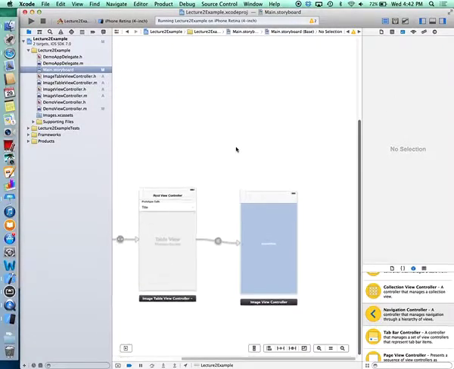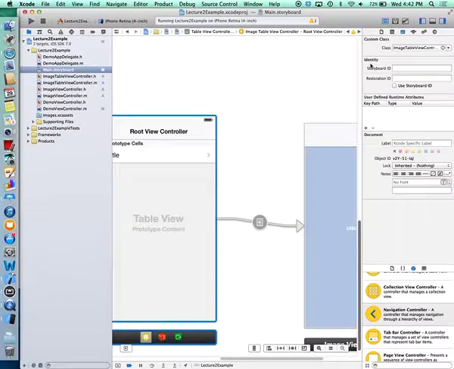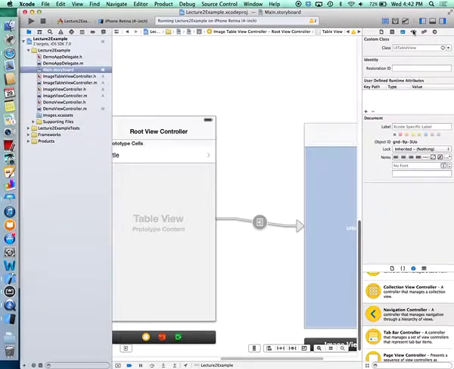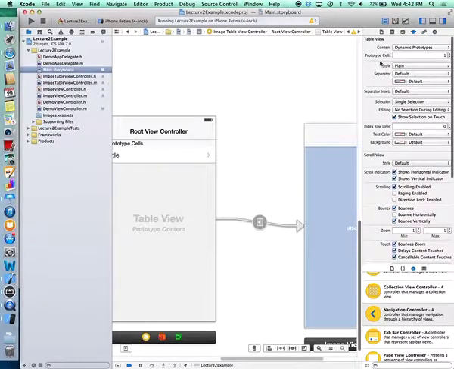What's the difference between section and row? So if I were in here, if I wanted this to actually have more than one section inside of it,